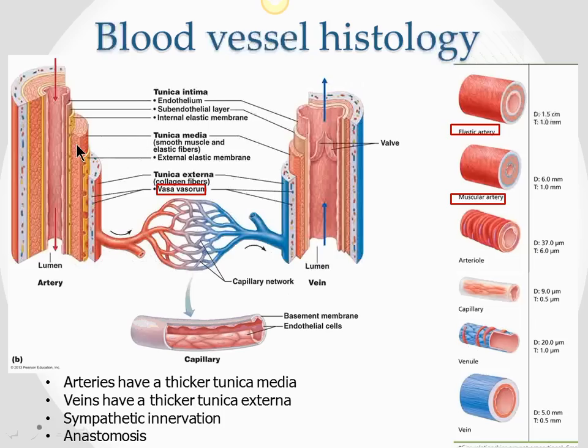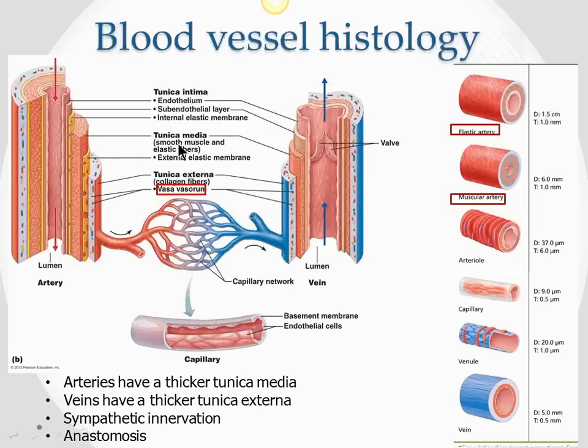The next layer, the middle layer, is called tunica media. So media, middle. It's made up of smooth muscle and in elastic arteries, which are the large arteries which come off from the heart and the first few branches, there are some elastic fibers in it. Others have only the smooth muscle and very little elastic fibers. And then again, there is another membrane or lamina, which is called the external elastic membrane. But for your purposes, I would like you to remember that tunica media is the one which contains smooth muscle,